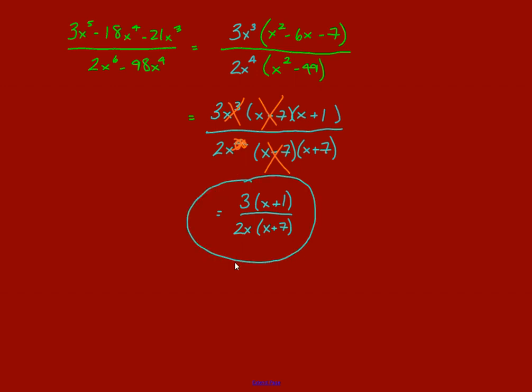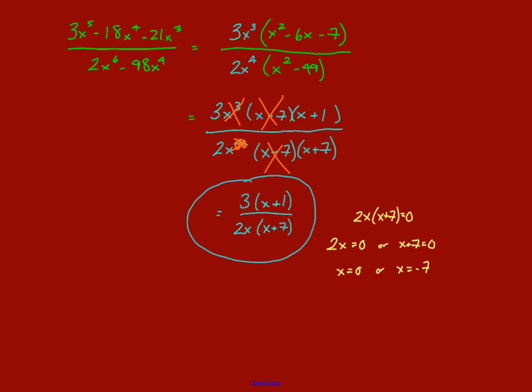Now, I have to list the domain. So what I have to worry about now is what makes the denominator 0. So right now, my denominator is 2x times x plus 7 equals 0. So what that tells me is either 2x equals 0 or x plus 7 equals 0. So x equals 0 or x equals negative 7. So my domain,